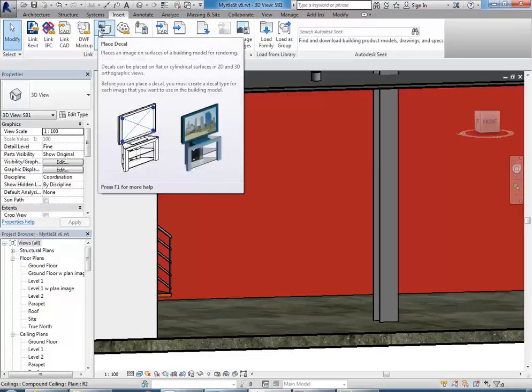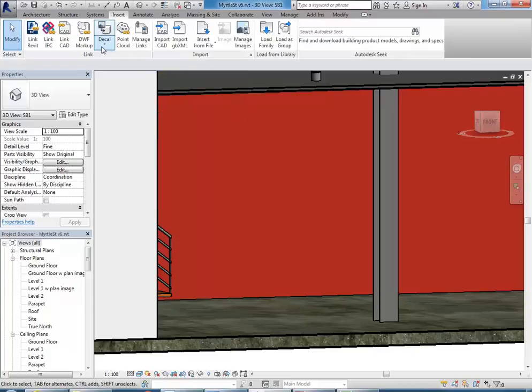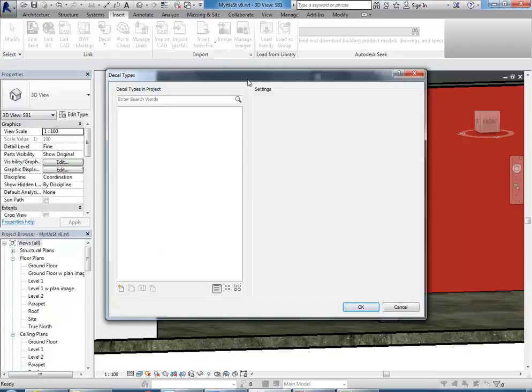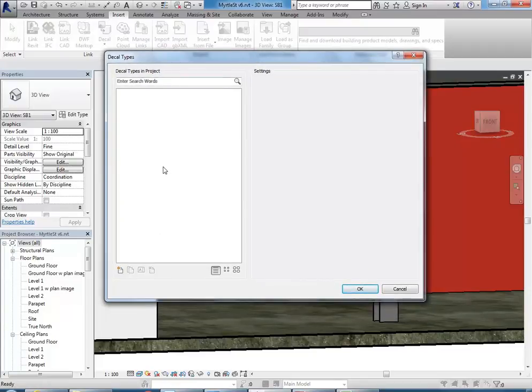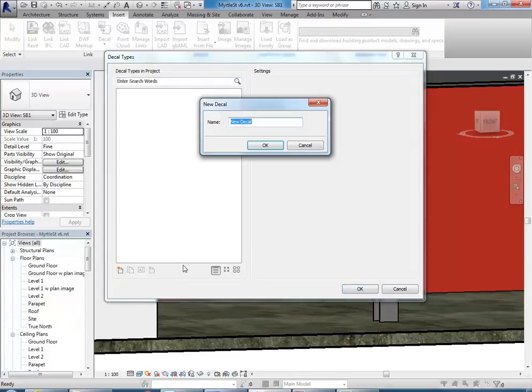So if you don't know this one, it's one of the most important tools actually for rendering. And so I'd say it's almost essential to be able to get good results with your rendering in Revit. So again, once you go to Insert, then choose Decal, it'll come up at first with nothing loaded. So you need to make the first decal just clicking on the New button down the bottom here and give it a name. So I'm going to call this Picture